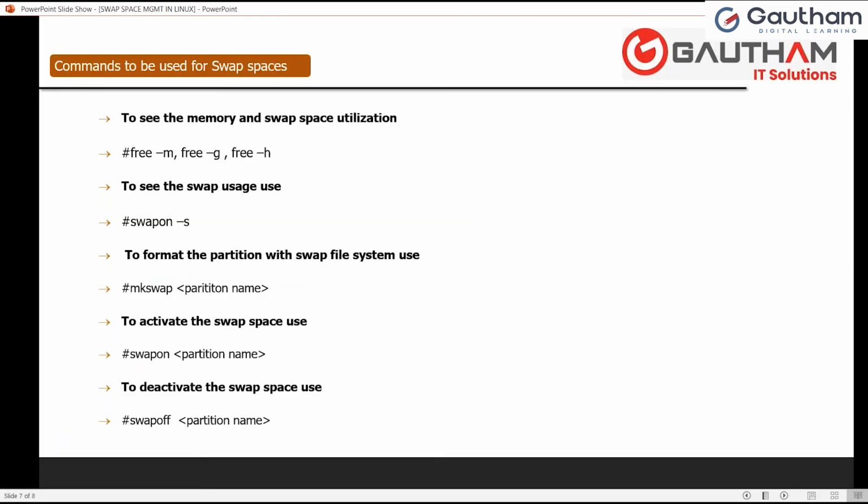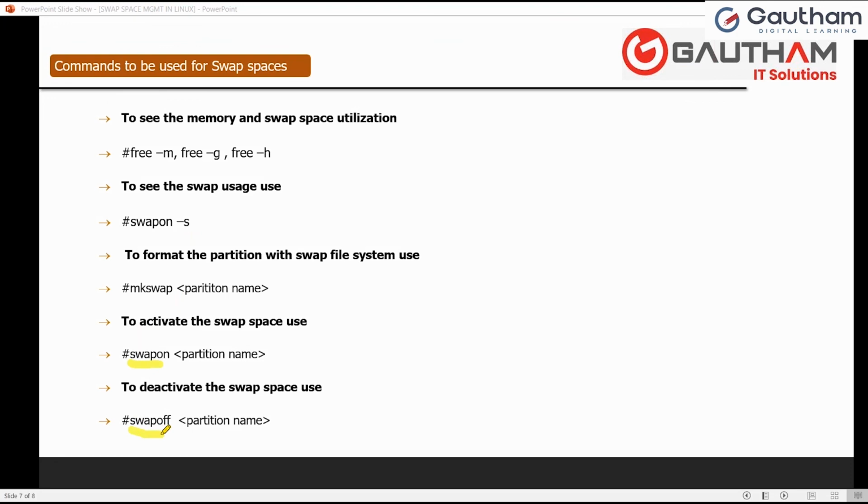If it is a normal partition, you will format it and then you will mount and unmount. But in swap, we don't call it mount or unmount. We call it activating the swap or deactivating the swap. To use a swap, activate it. To not use the swap, deactivate it. How can I activate and deactivate the swap? You have to go with swapon